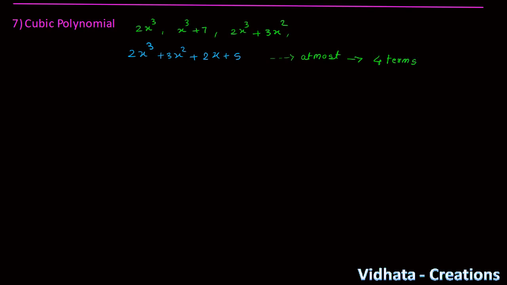Okay, how can we find the degree of a cubic polynomial? Just like any polynomial, it is the highest power of the single variable used in this polynomial, which is 3. The degree of a cubic polynomial is 3. Thus, we can find the degrees of various types of polynomials.